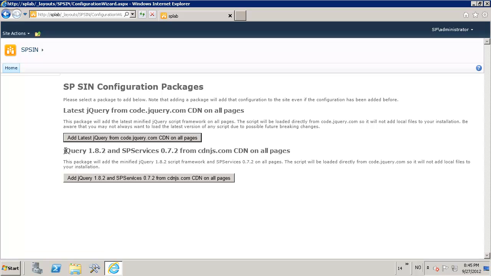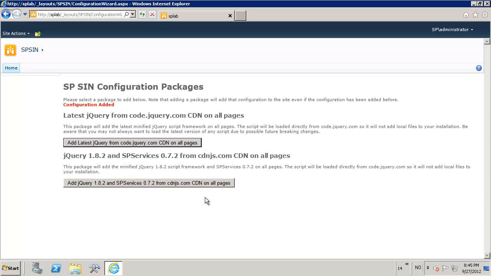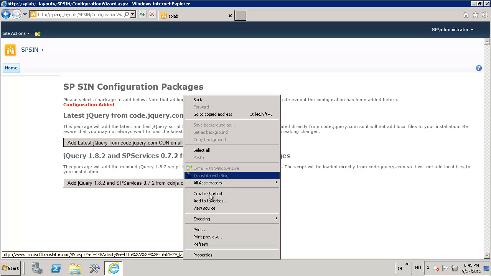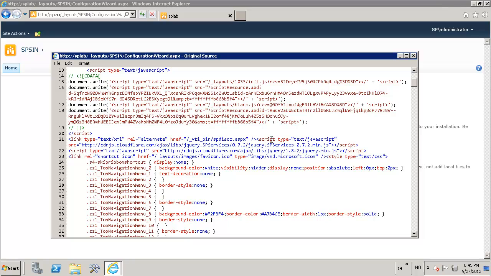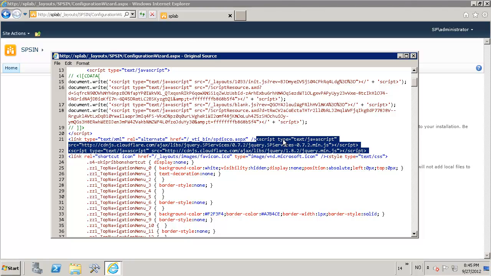So in this case, I want to add a jQuery and SP services reference to all my pages. And the only thing I need to do in order to do that is just click this button. You can see now that the configuration has been added. And if I go to view the source now, we can scroll down a bit here, and you'll now see that we have the references for jQuery and SP services in the correct version added to